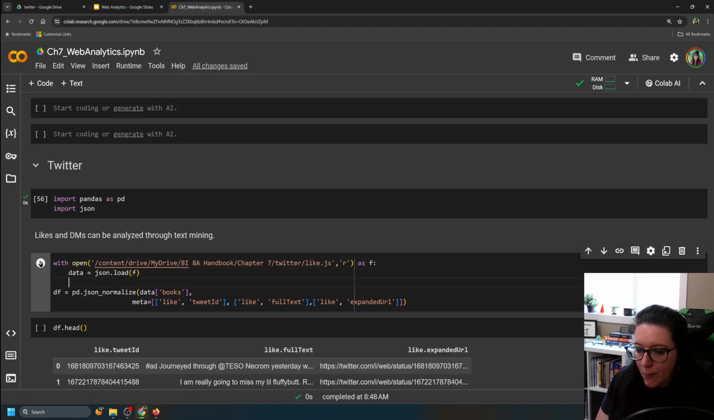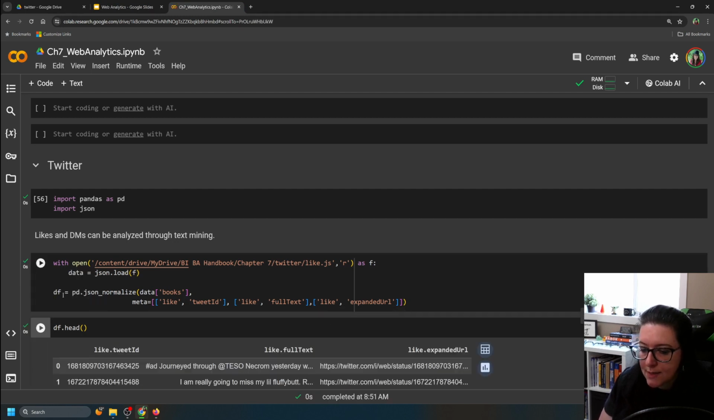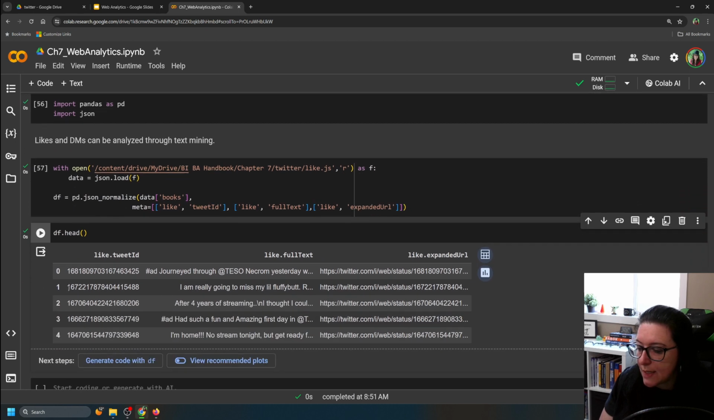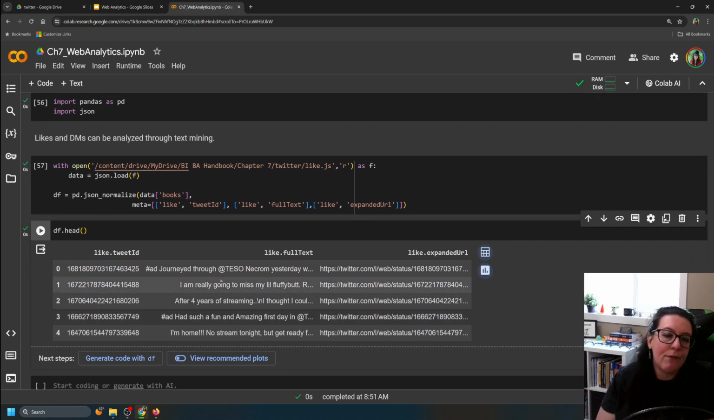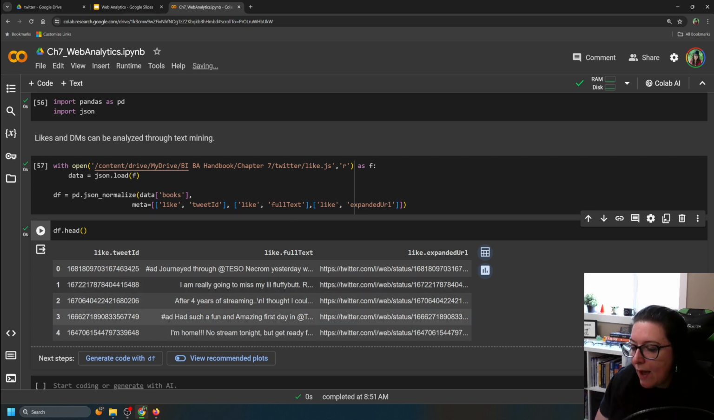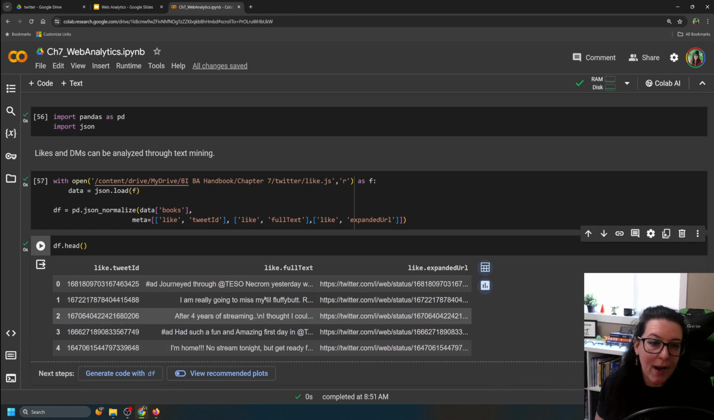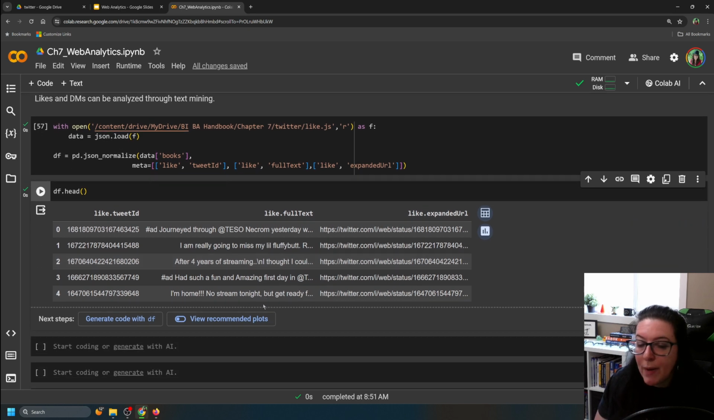Okay, so what we do is we run that, and then we say, okay, show us the DF, the data frame, because that's what we called it. And now you can see it has taken our information and given a tweet ID. That's the individual that we liked. And then we have the text here, and then an expanded URL. We don't really need the expanded URL, but the benefit of this full text is that we could do this for likes, we could do this for direct messages, and what we can then do is use our text mining,